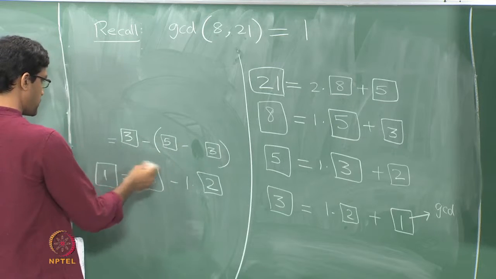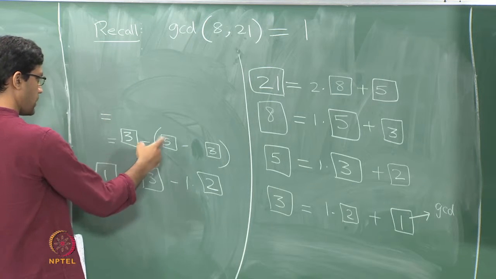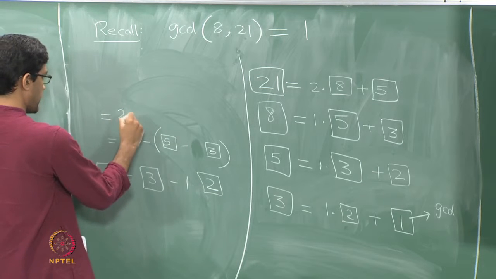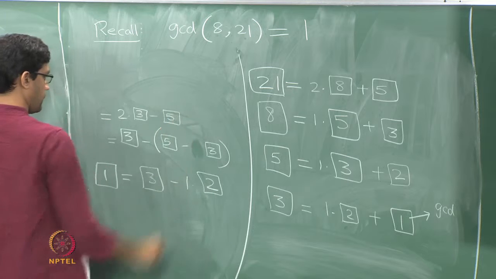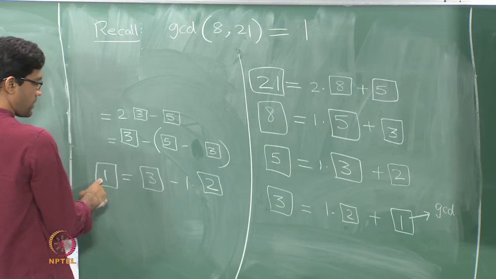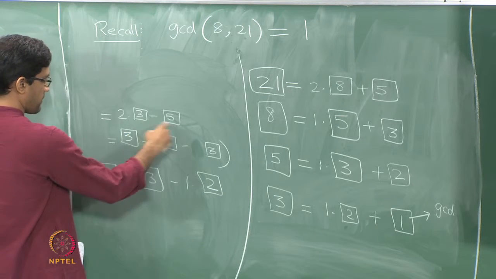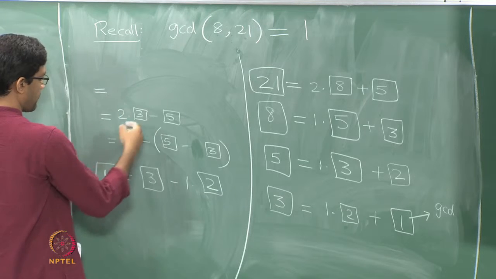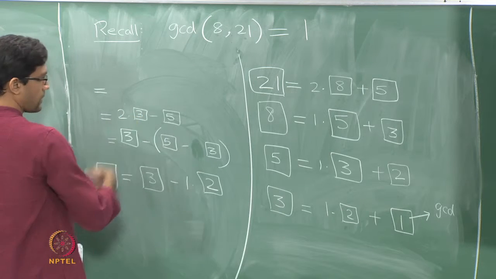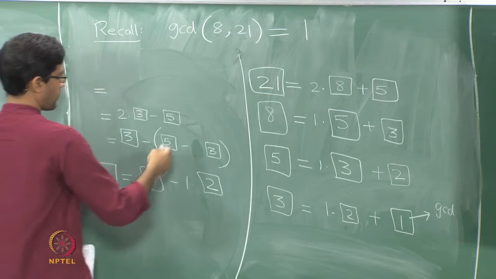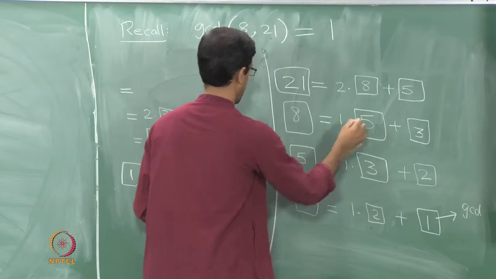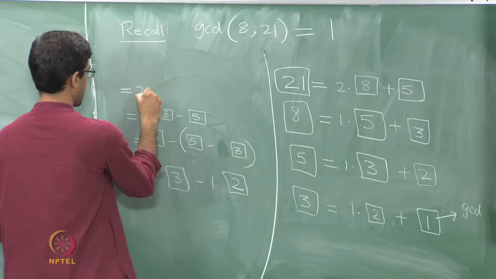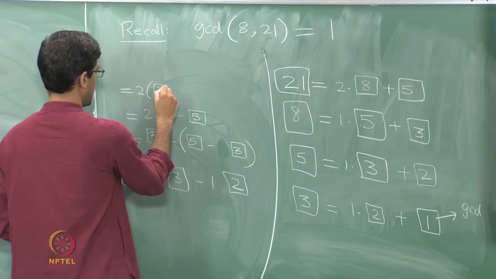So this expression, let me simplify a little bit. What's this? This is 3 plus 3, so it's 2 times 3 minus 5. Okay, so now I have written the 1, the final GCD, in terms of 3 and 5. Okay, so now again I will go further. I will replace the 3 in terms of whatever I get one step before to it. So the 3, for instance, here is 8 minus 5. So I will replace the 3 like that. I will write it as 2 times 8 minus 5